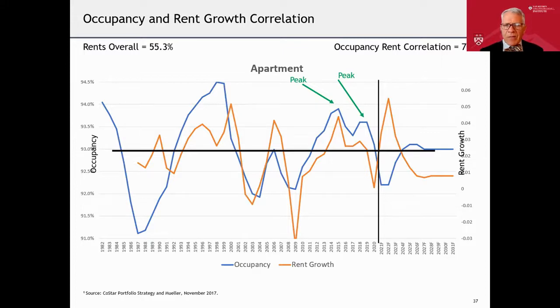And apartments, again, we had peak occupancies in both 2004 and again in 2018 and 19. With the pandemic, we've seen things slow down as far as demand growth. And we think that continues in 2021 and into 2022. And then it bounces right back as people get their jobs and come back in. We've already just seen this last month. The new reports are telling us that there is a little bit of demand growth back into the cities. People are coming back now that cities are opening up and there are restaurants and entertainment opening back up. Next slide.